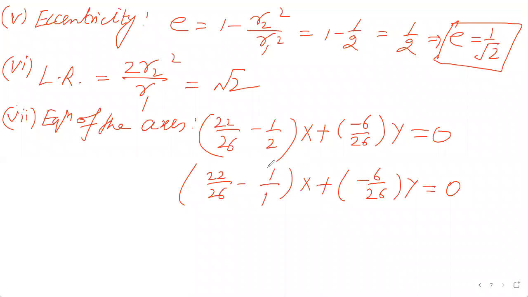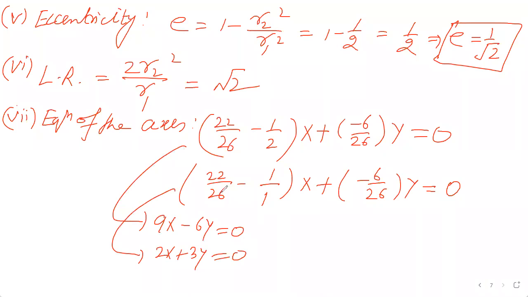बस यहाँ r1 r2 की वैल्यू चेंज, so it will be coming after solving 9x minus 6y is equal to 0, and this will be coming 2x plus 3y is equal to, है ना, सॉल्व कर लेंगे 26 एलसीएम लेके, तो बचेगा आपके पास 22 minus 1, this है ना, you can got it. इसको जब सॉल्व करेंगे, अब यहाँ पर x y की वैल्यू वापस पुट करेंगे जो हमने सब्स्टिट्यूट करी थी ओरिजिनल, ये 9x इसे भी आप सॉल्व कर सकते हैं, 3 3 9 अभी 3 2 6, तो ये बेसिकली है 3x minus 2y,